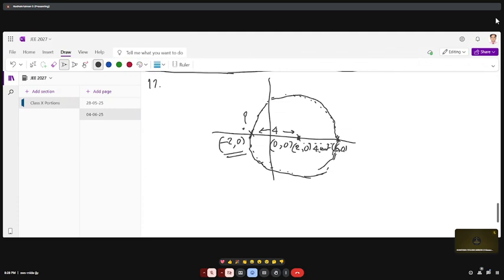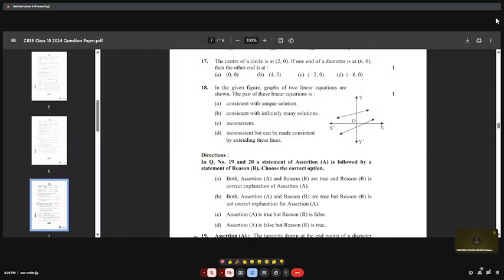Is that okay for all of you? Okay, let's look at the next problem. 18. Okay, there is a diagram given. You please see the diagram. In the given figure, graphs of two linear equations are shown. The pair of these linear equations is